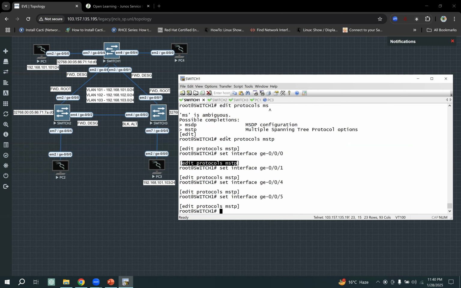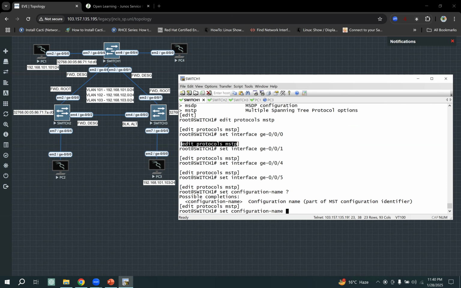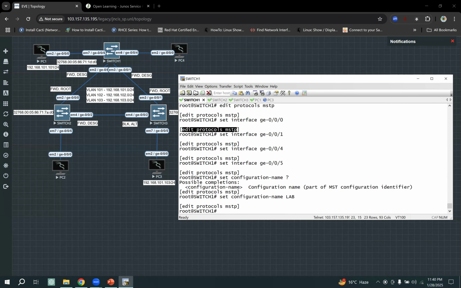So now set the configuration name. You can set any name here. Okay, like the name is lab. The configuration name is lab,